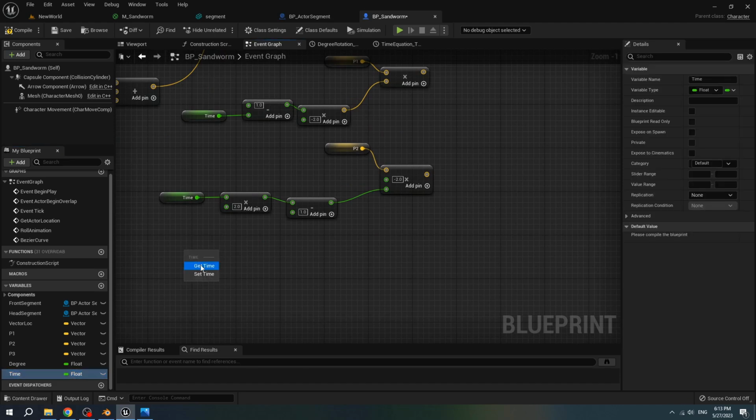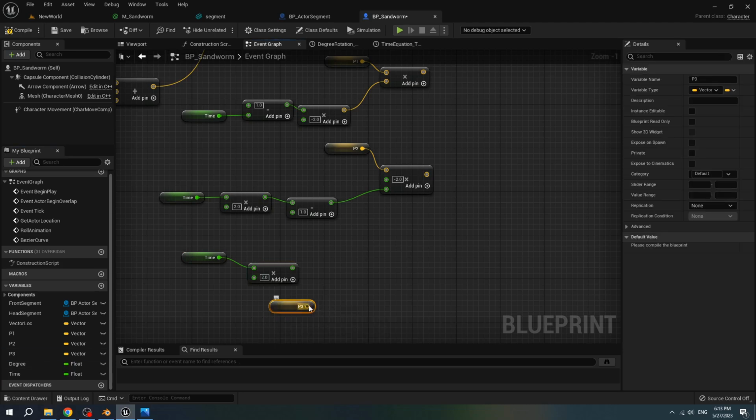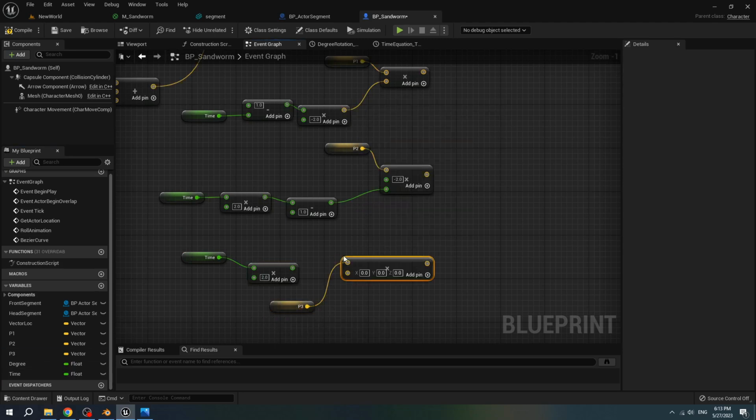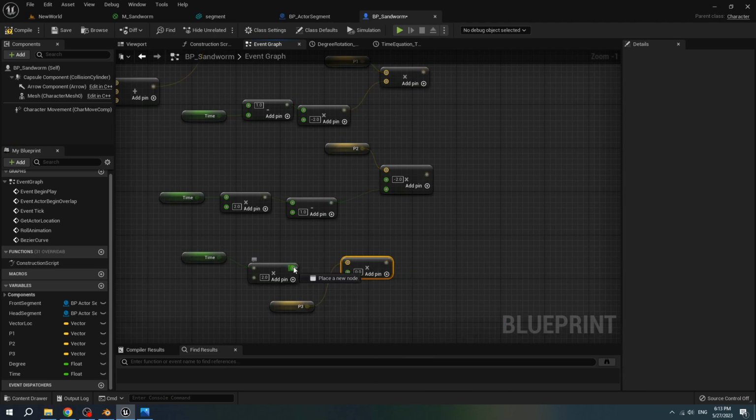Get time, multiply it with 2, get P3, then call multiply, convert it to float, connect it to the time multiplied by 2.